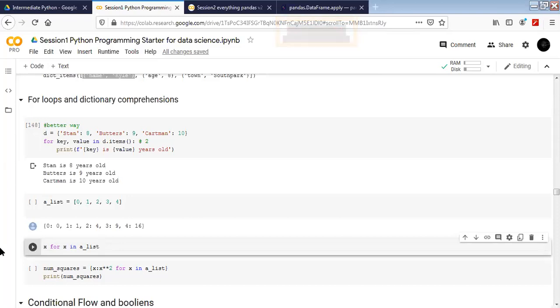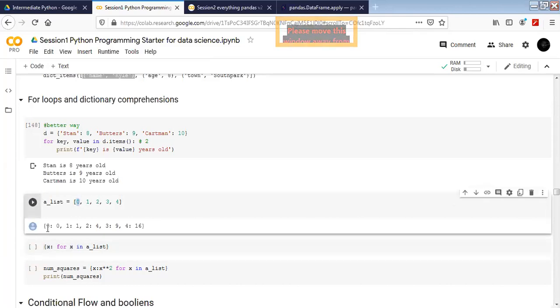Now I want to get a dictionary out of it. So what I have to do is put curly brackets around it. But dictionaries have 2 things, right? Key and value pair. Right now, it's a single thing. There are not 2 things. Now I want to convert it into a dictionary, so I need a key and value pair. For example, I had a list and I want to get the square of each and every element. I want the original value of the list as the key, and the value is going to be the square that I want to perform here.